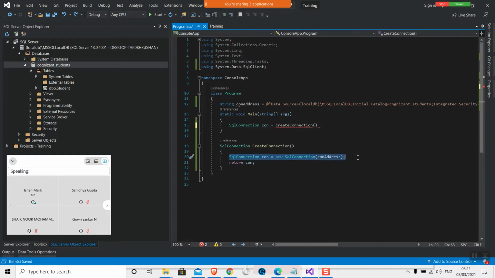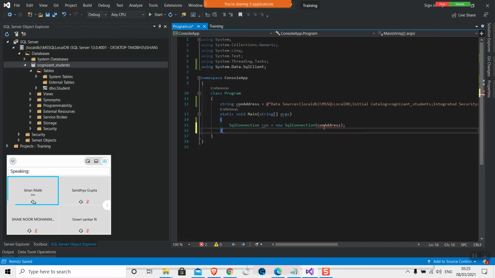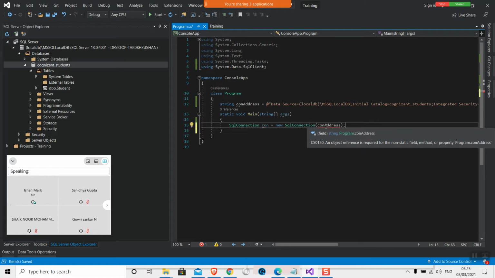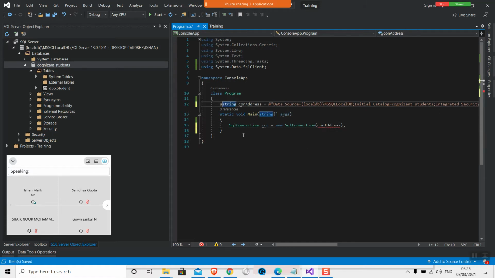Okay, let me do it directly. I don't want to create a function. Static functions need to have static variables, and anyways, okay.